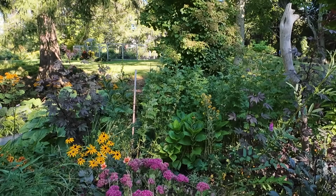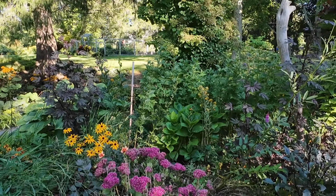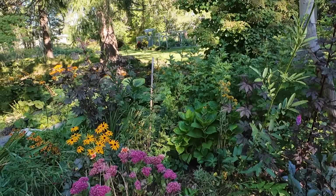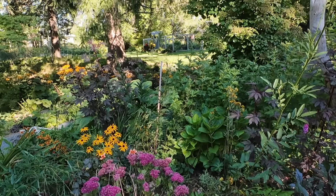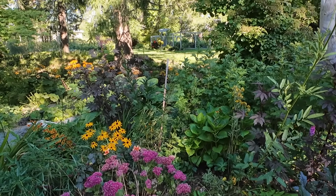I would like to put some of that Heliopsis Bleeding Hearts in here. That's kind of a newer plant. I talked to a lot of fellow gardeners who love it, and then I saw it in the Bailey display gardens when I was at Bailey Nursery in early August, and it was stunning. So dark foliage, really bright, mini sunflower type of flowers on it. I'd like to get some of those. If I can find those this fall, I'd like to get